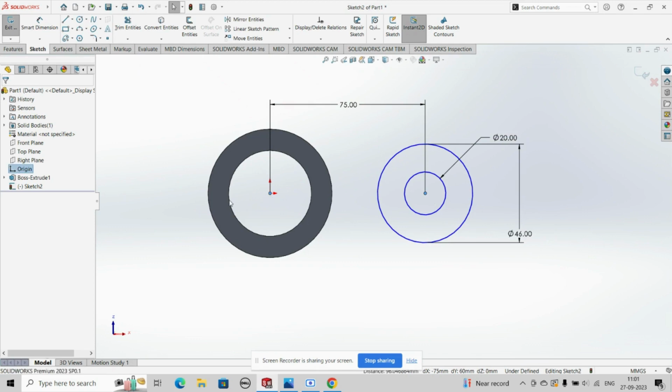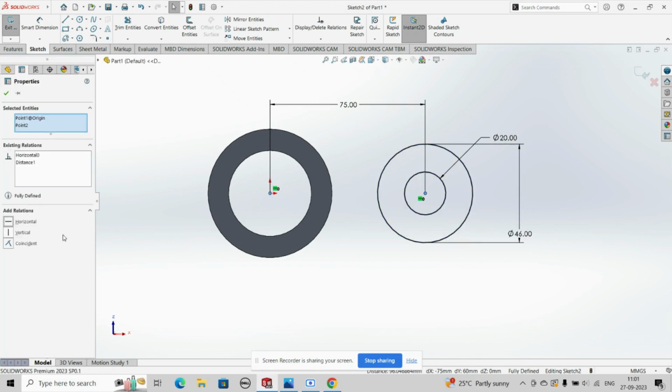Select this point and this point, make it horizontal,